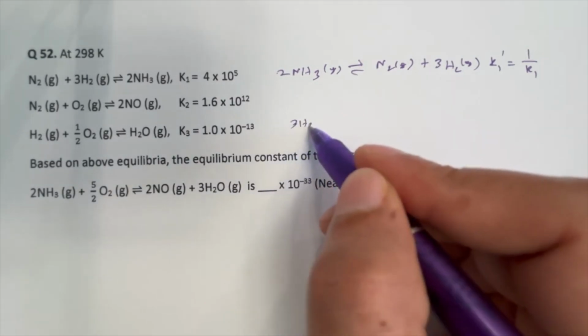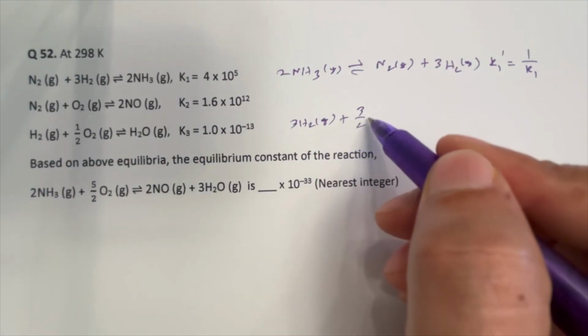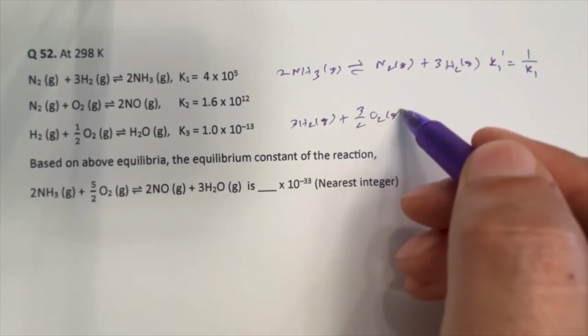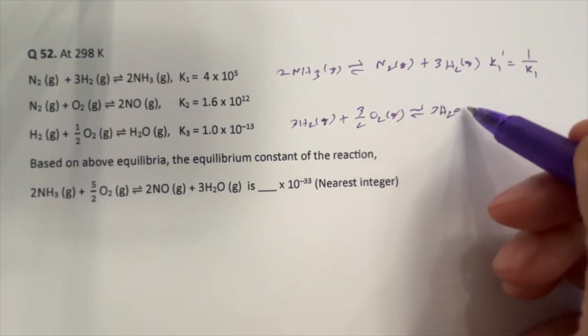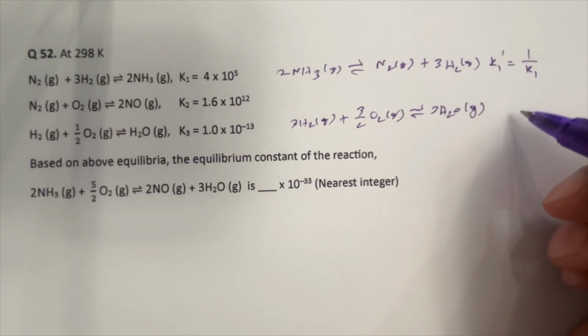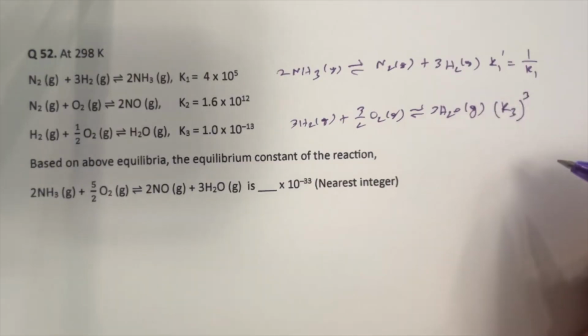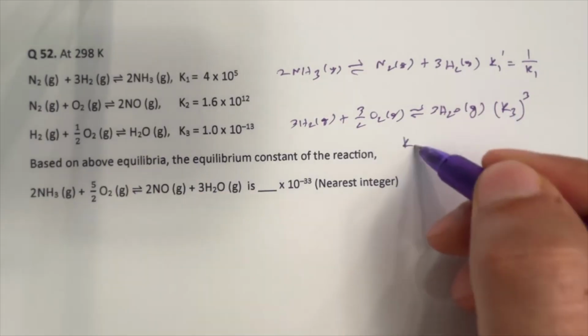So 3 times H2 gas plus 3 by 2 O2 giving 3 times water. So this means K3 should be cubed, not 3 times K3, because when you write K3, simply